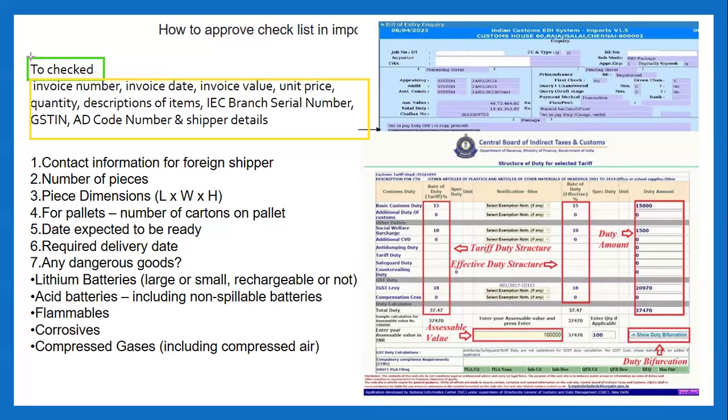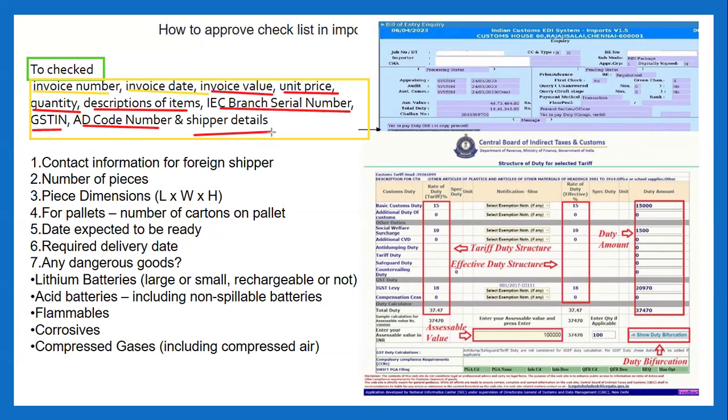We will check first the invoice number, then invoice date, then invoice value, unit price, quantity, description of the item, IEC branch serial number, GST number, AD code number, and shipper details.